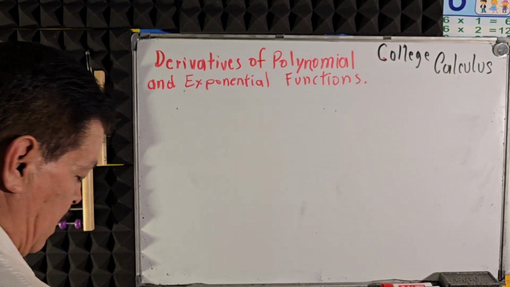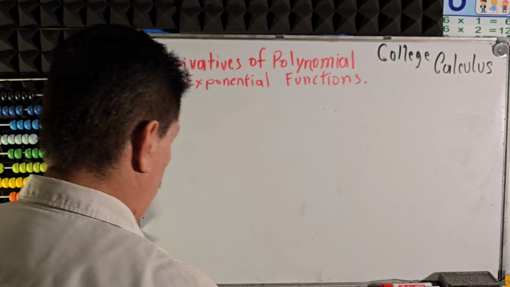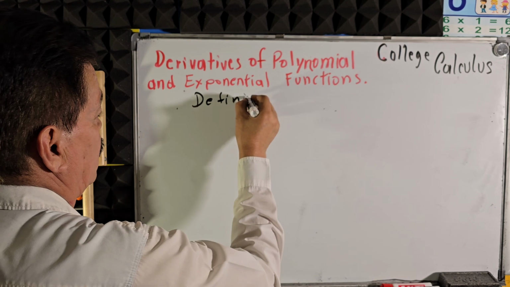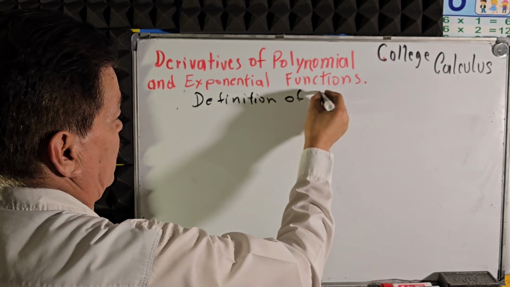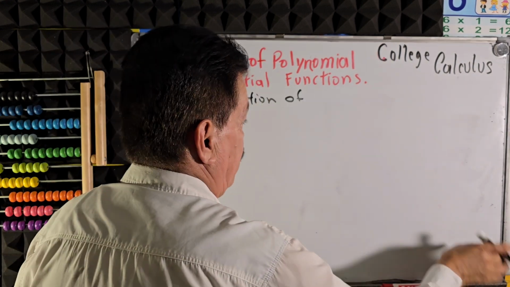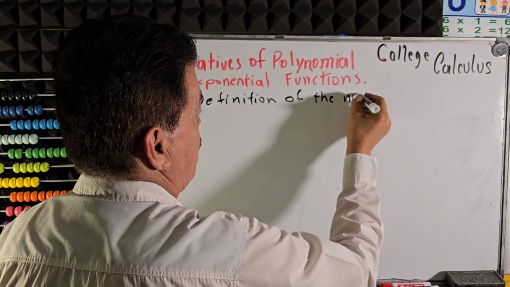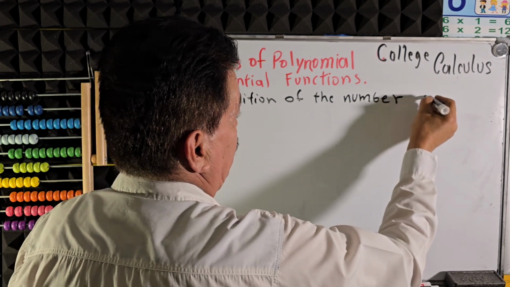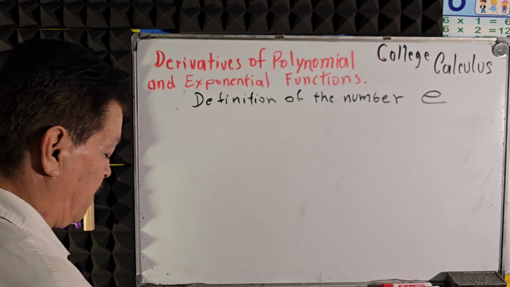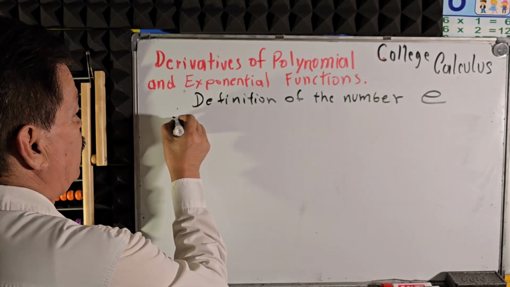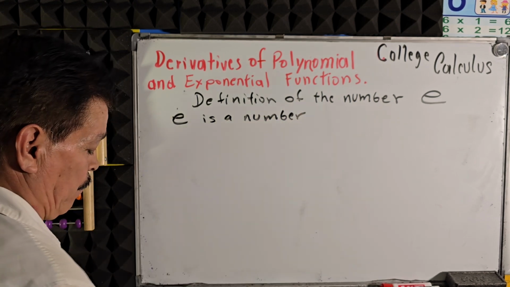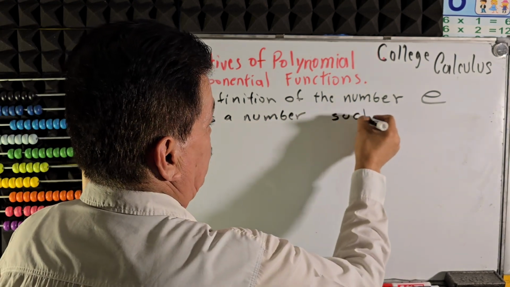Okay, another property that I would like to remember is the definition of the number e. This is very common in algebra. So e is a number such that